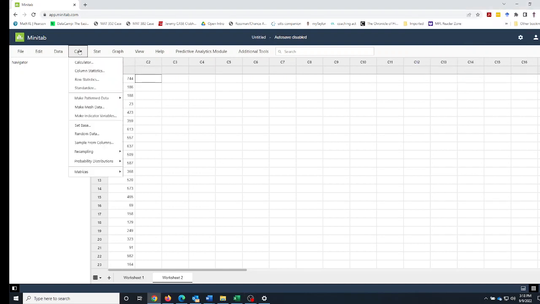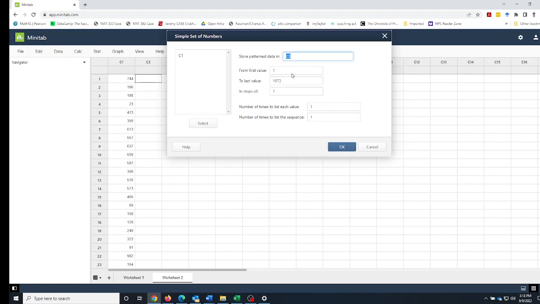I can go to Calc, and I am going to make patterned data of just a simple set of numbers. And I'm going to store this pattern in column C2. First value will be 1,